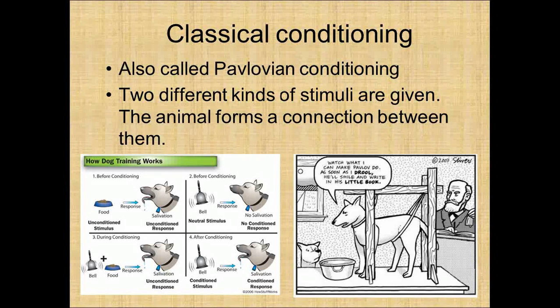So what he did in his experiment, before he started anything, he noticed that when he fed his dogs, the dogs got all excited that dinner was coming and would drool. This is an instinctive response. He called that an unconditioned stimulus because they weren't trained to do anything when it came to them. It was just food. And their drooling, again, which wasn't trained, was an unconditioned response.